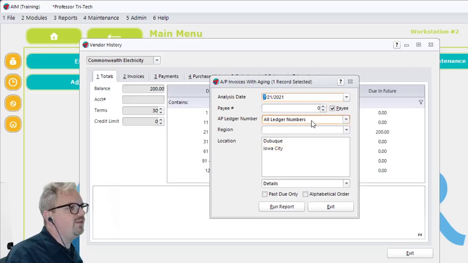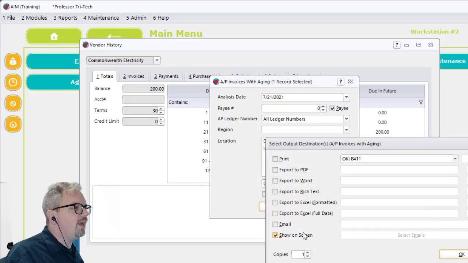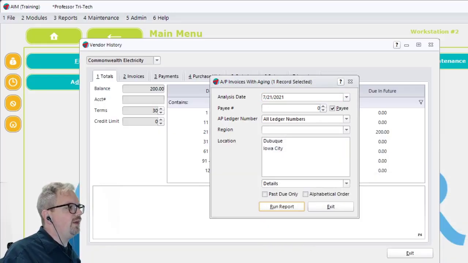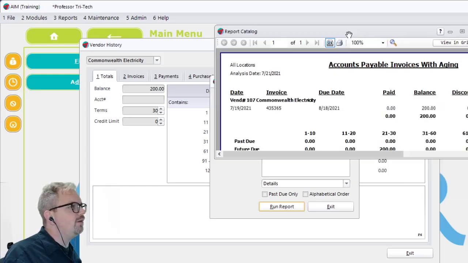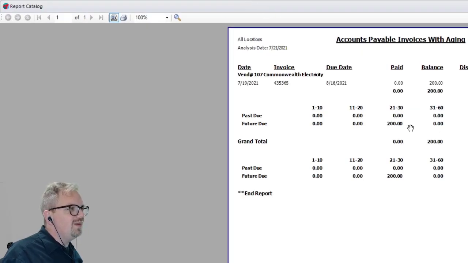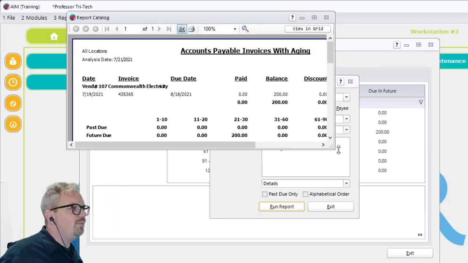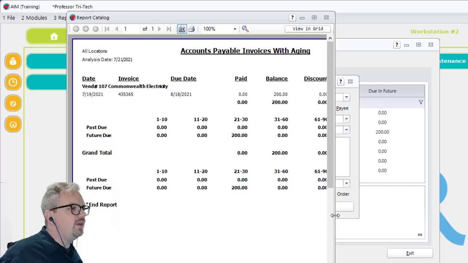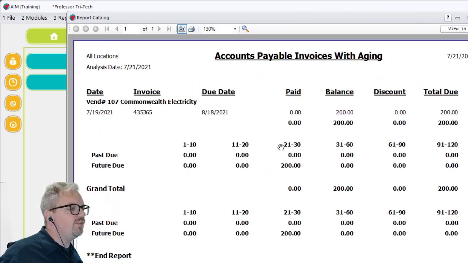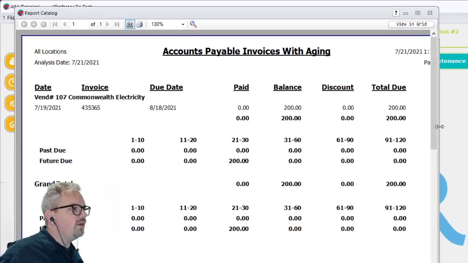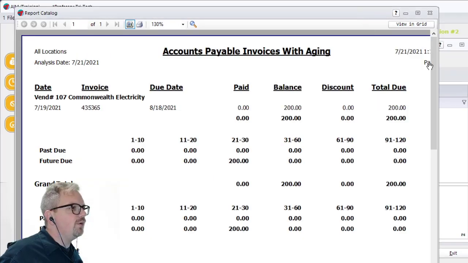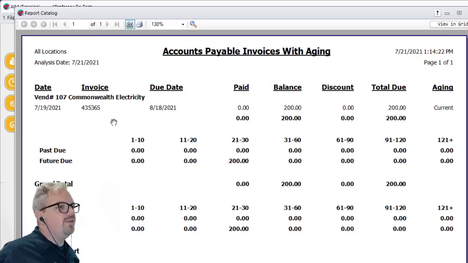We're not going to focus on any individual payees or vendors or anything like that. Let's just go ahead and run that, and we'll throw it to the screen, and this will probably pop up on my other monitor just per usual. Let's see if I can make this show up over here on my focused area. So you can see, that was the wrong window, that we are showing that vendor for Commonwealth